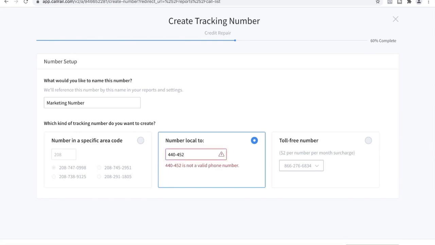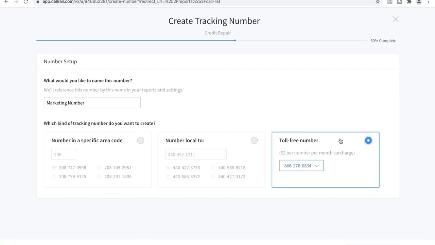4, 5, 2, 12, 11. Okay, and so these numbers are in the same area as this number. And then you also can pick a toll-free number,